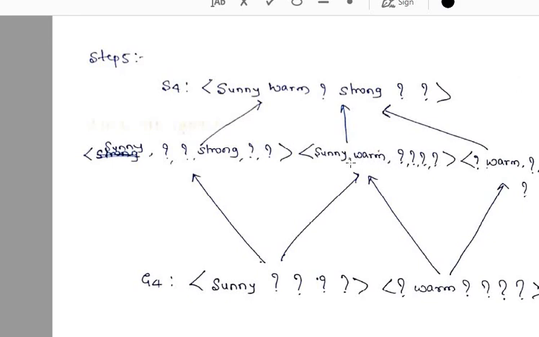So as you can see in the second example, sunny I have written, and where it is question mark, here I have changed it to warm. Next, everything else I have written as question mark. One more combination is also possible here. Sunny I will write as it is, warm I will not take because warm we have already taken in the second example. I will keep it as question mark, but here I will take this question mark with strong. It is like a combination. So this question mark and strong, I can replace this question mark as strong, and next to it question mark. So we got two values here.